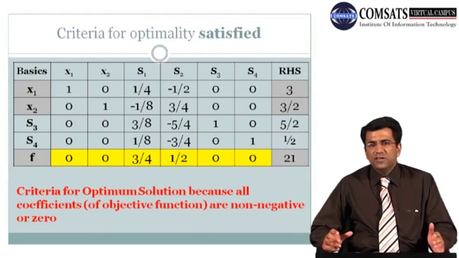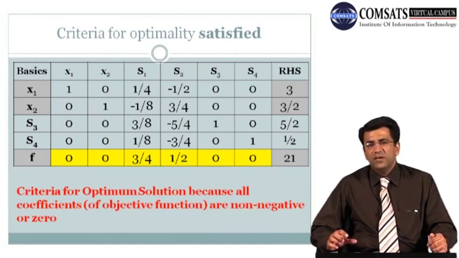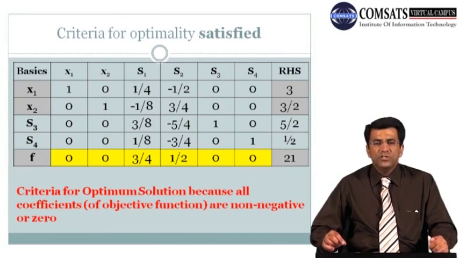Then, by using the different inequalities, we will have to formulate an initial tableau. In that initial tableau there are some basic variables, which are actually the variables whose value we didn't put equal to 0 in the initial solution, and in the upper row we will have all the variables, that is x1, x2, s1, s2, s3 and s4 if there are 4 slack variables. Then we will fill this particular table by using the different coefficients of all the equations.